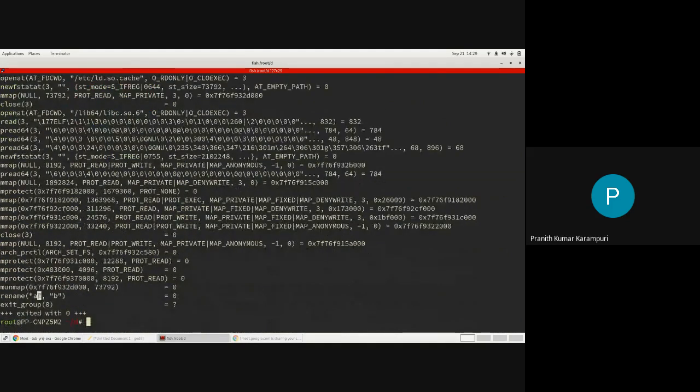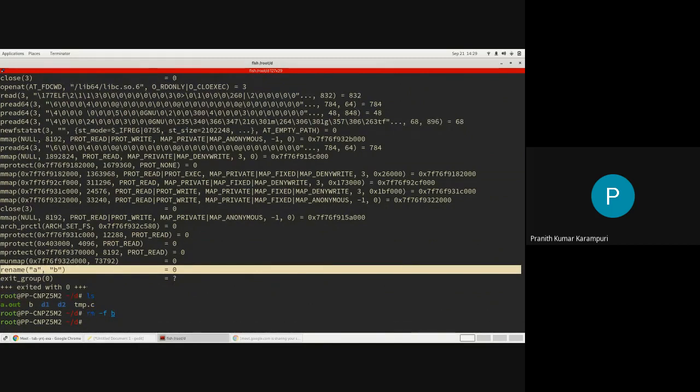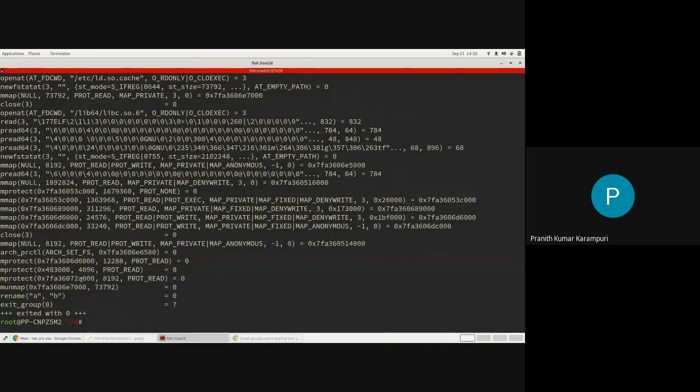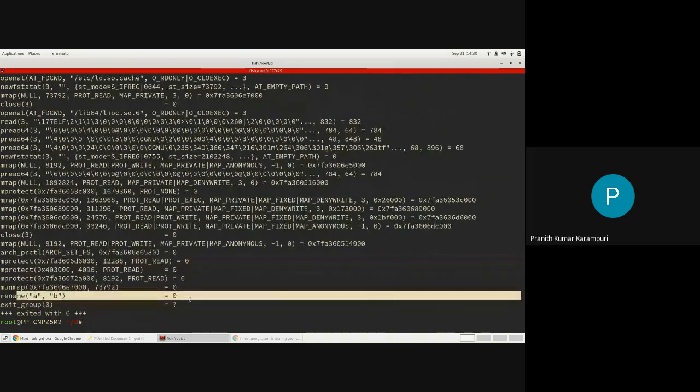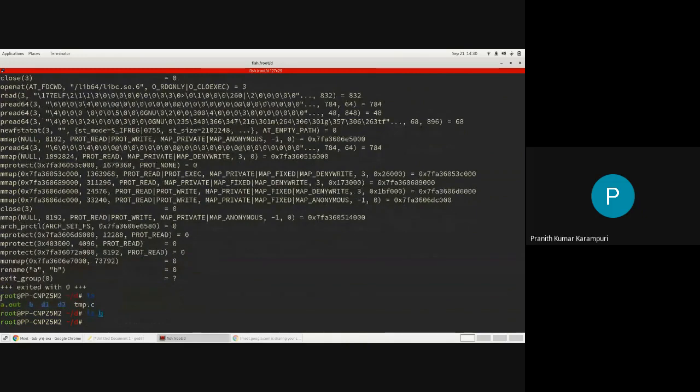Okay, so it has done just a rename, and you have A renamed to B. Now let's do A and B. So now if we do the same, you are seeing that it is successful, right? Yes. And if we do ls B, the A did not go inside B.